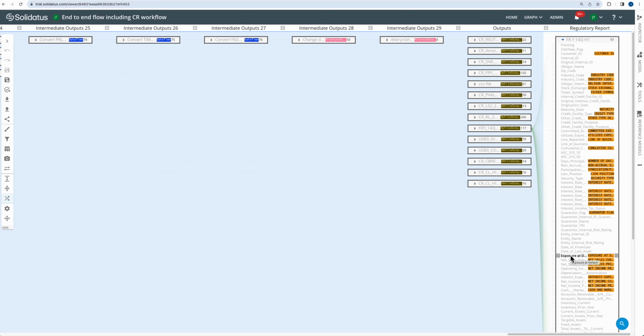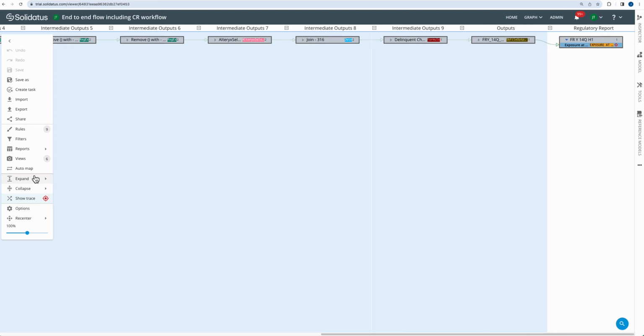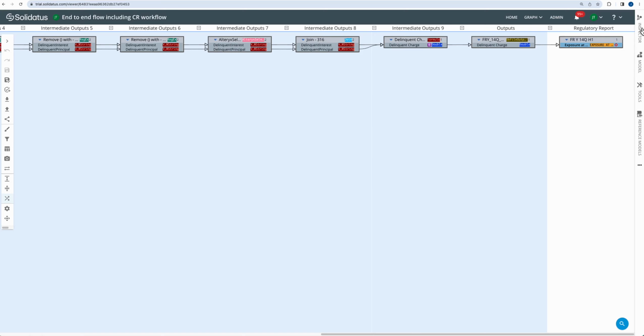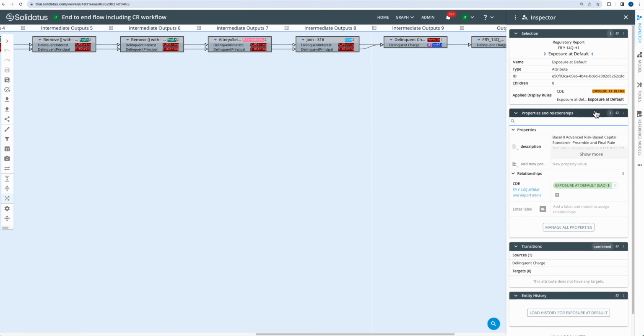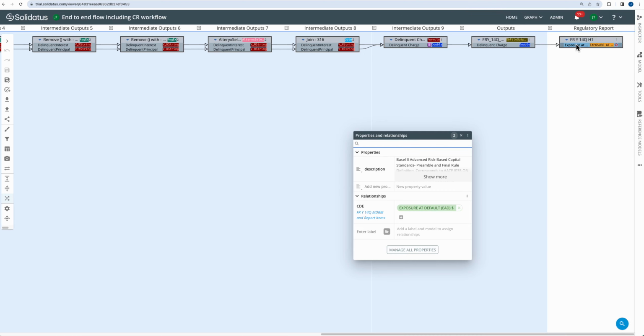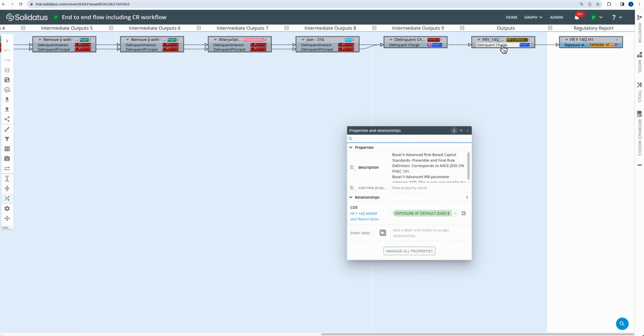Let's have a look at exposure at default and look at the detail and follow it through. Right, we'll do a show trace and show all the details. And let's have a look at what's going on here. This is my output field, exposure at default. And we've got a description for it there in the properties. And following it upstream,